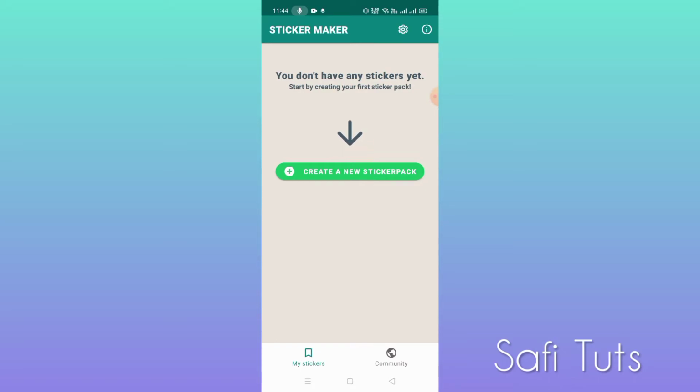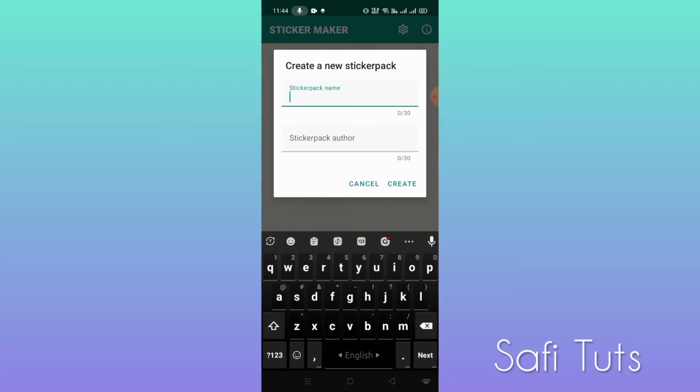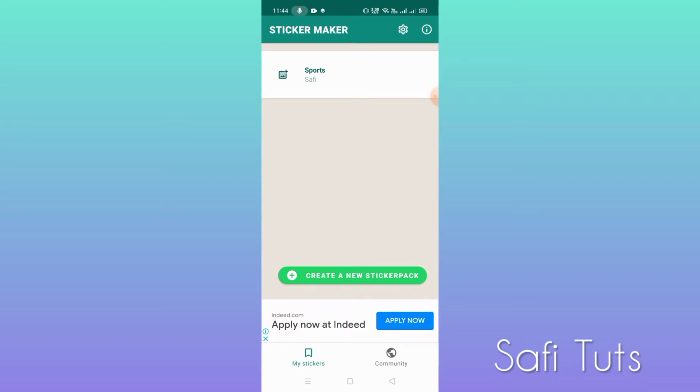So what should you do now? Just click create a new sticker pack. So when you click there, then you'll get two input options, sticker pack name. So I just write here sports, and the author name, I just write here Shafi, and simply click create. So you can see here your first sticker pack. Okay, so just click sports,